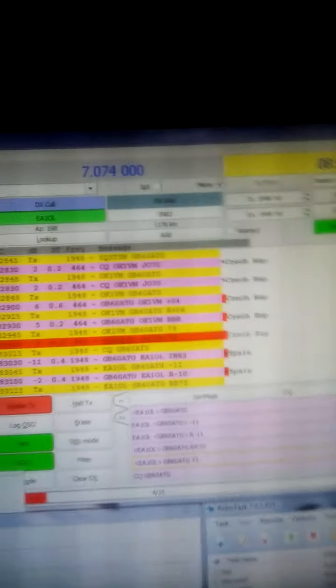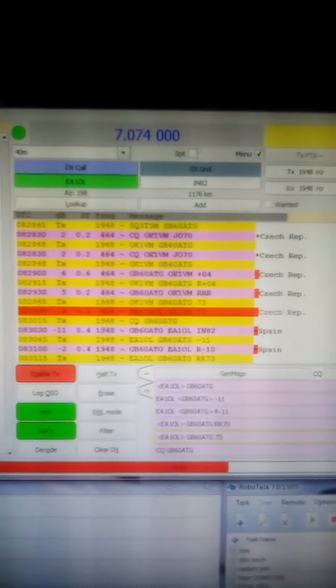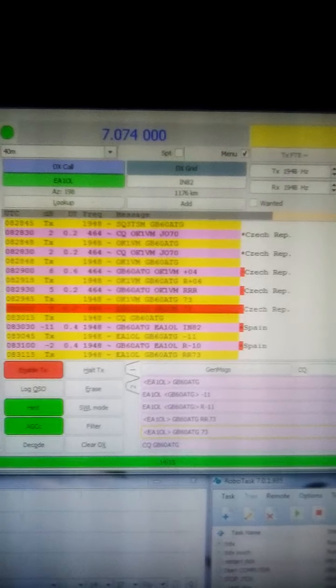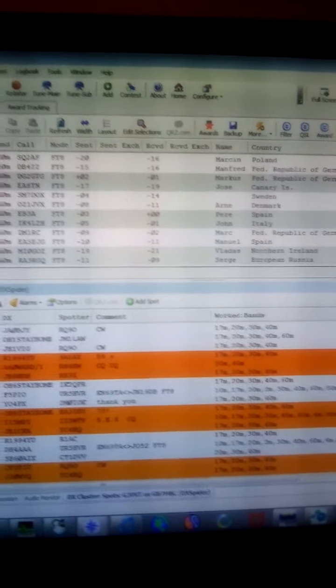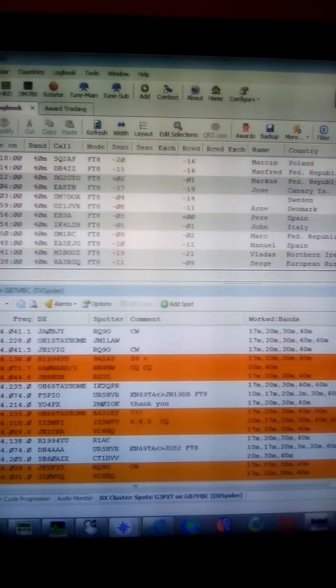It's just gone and worked a station in Spain whilst we've been away from the screen. There's a Spanish station going through, so it just gives you an idea how fast you can work stations there. So hope that helps to give a few pointers. Any other questions you have, please email me. You'll find my email address on my QRZ page, or you could also talk to me on 145.450